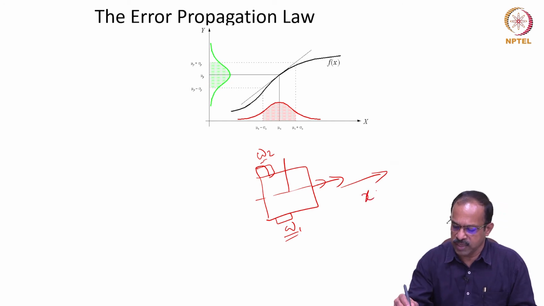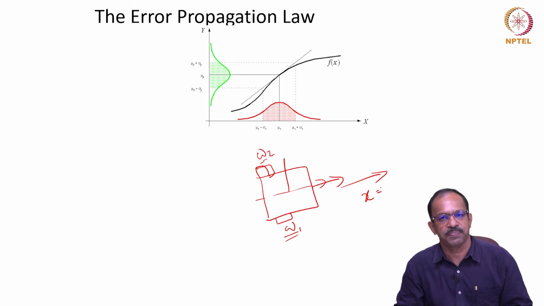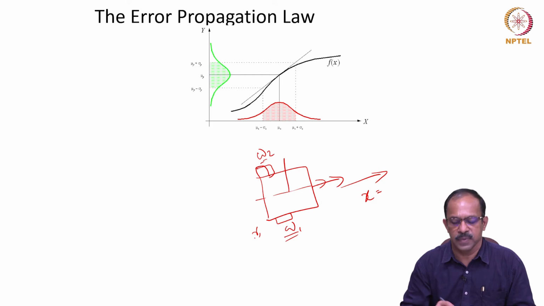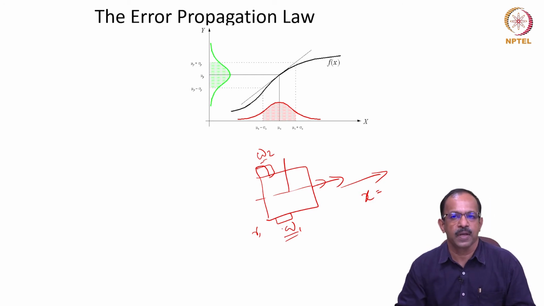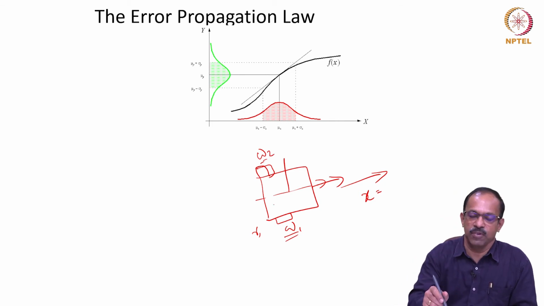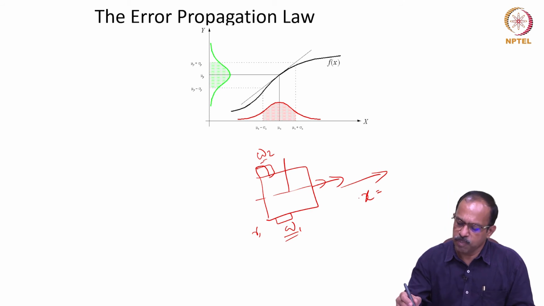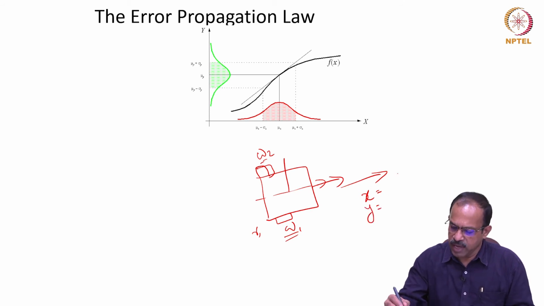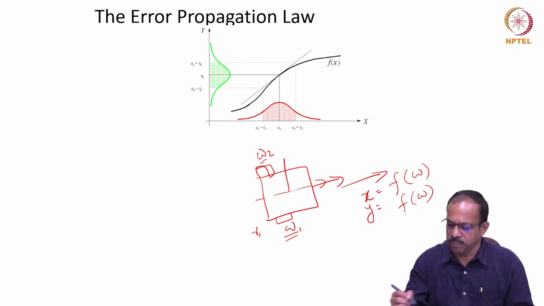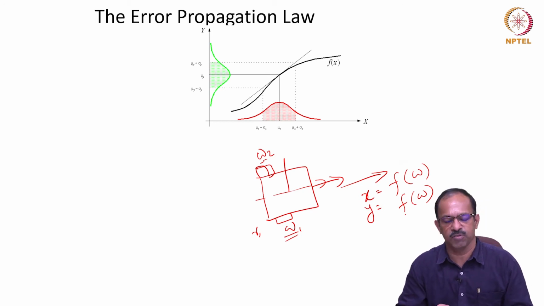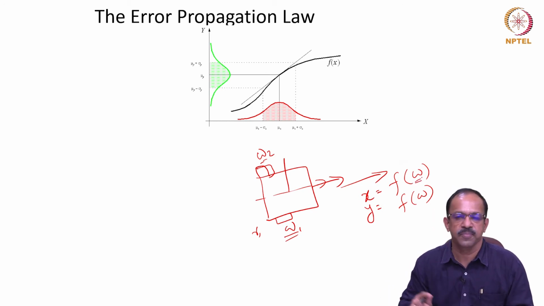So, we want to get the x position of the robot, and we know that if we know the radius of the wheel and the RPM of the wheel, and once we have these parameters and then some other robot parameters, then we will be able to get the x and y as a function of this omega. So, we will just say it is a function of omega. Of course, it may be a function of many other parameters, but for the time being let us assume that it is a function of this speed.